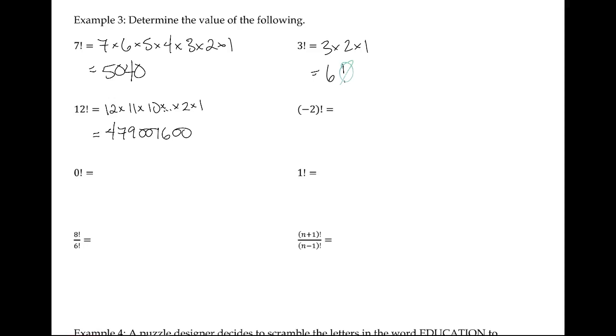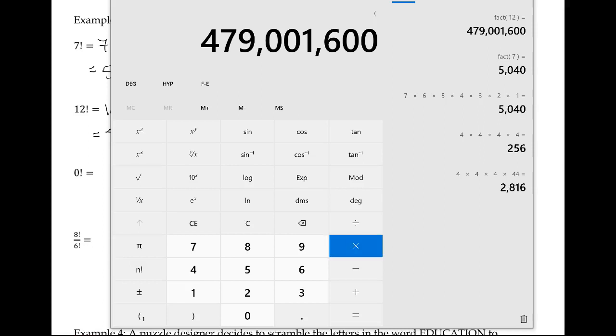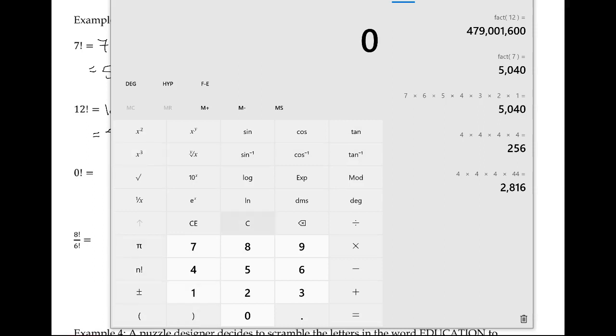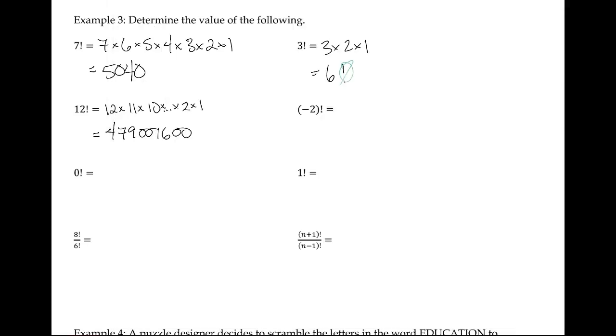-2 factorial. Now this is where it gets a little weird. So I'm going to do it on my calculator first so you can see kind of what happens. If I go negative 2, and then factorial that, it will tell me that I can't. And why can't I? Well, because I'm starting in the negatives, and factorials can only deal with positive numbers. So this is not possible